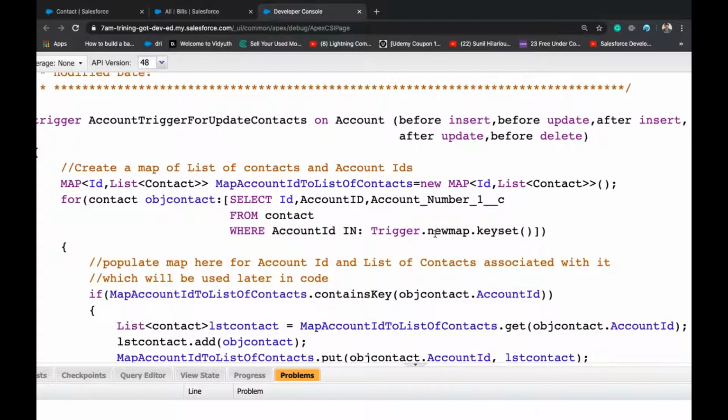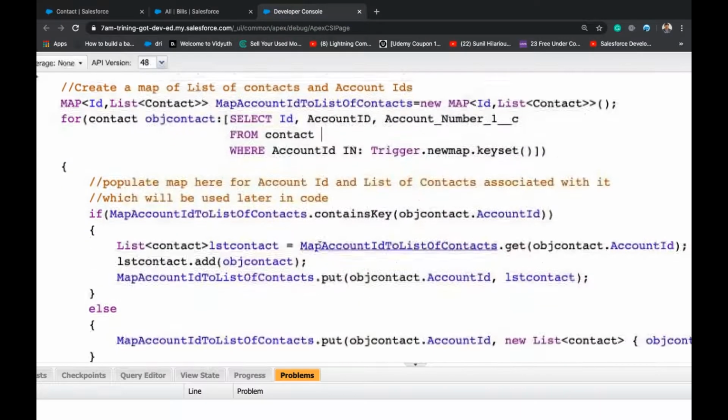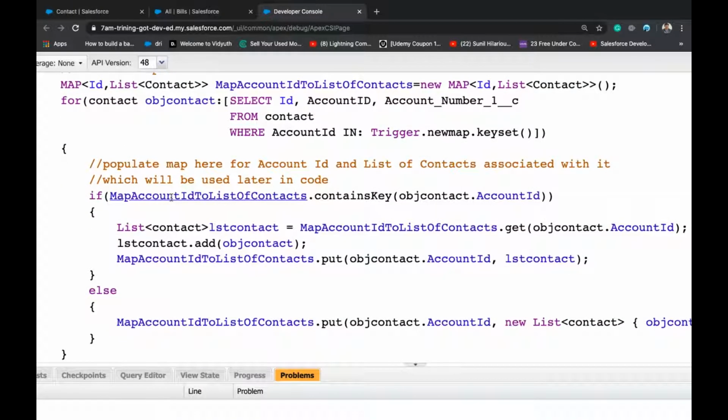Okay, so we will be getting all this account ID, account number, account ID. Then what we are doing: map account ID to list of contacts.